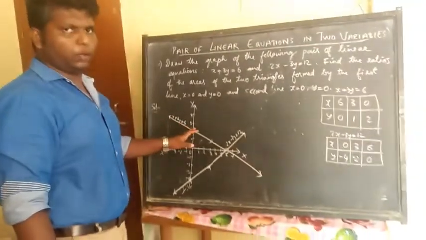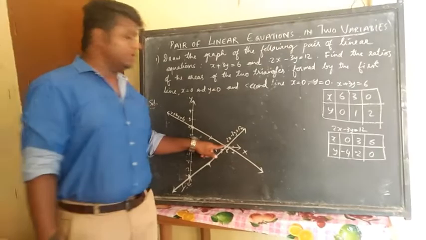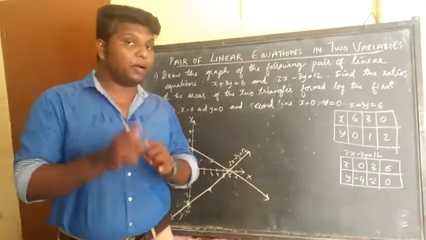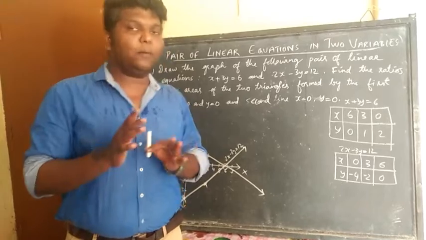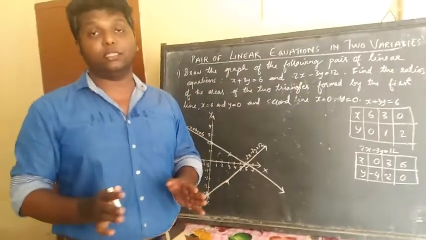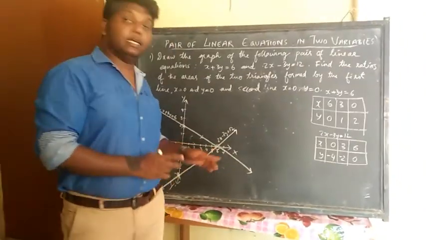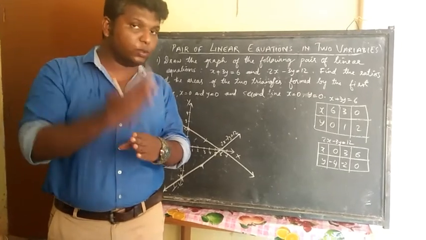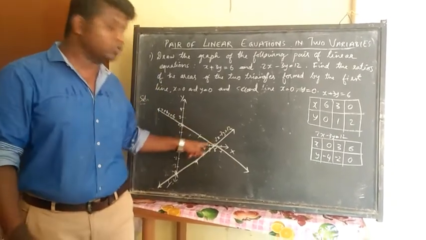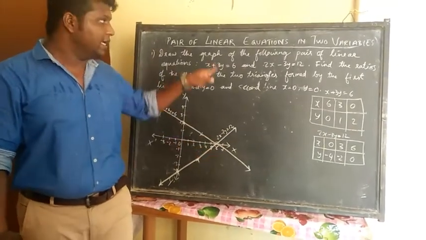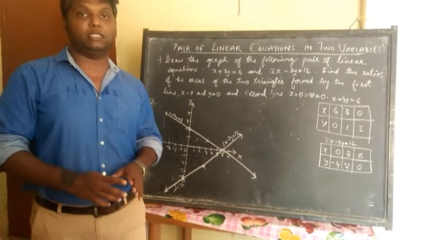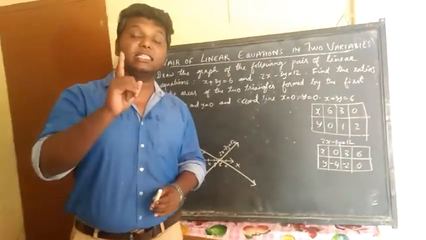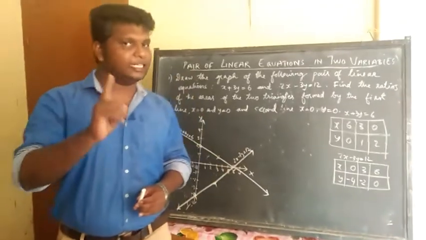That is that line. There is no need to write, but if you want, you can write it. Okay, so you can see these two lines intersected together here. So I am coming to the important point here. While plotting a graph of a linear equation, if the lines intersect, if they are cutting together one time, then we can say this particular equation is consistent and it is having a single solution set.